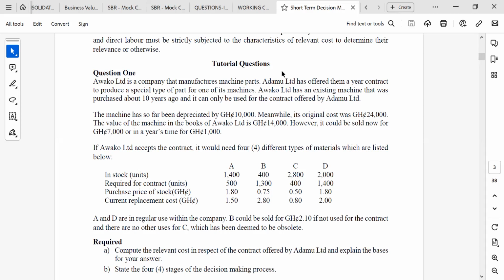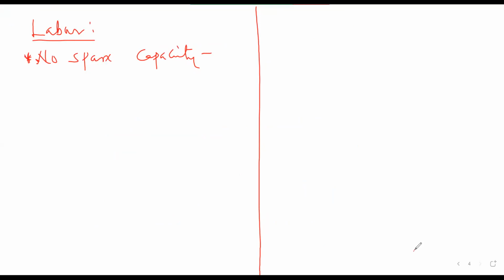500. So it means that we can get the 500 from the store, isn't it? Yes. Okay. So sometimes the material that you need will not be enough, and you have to go and buy the remaining ones outside. So let's look at the solution